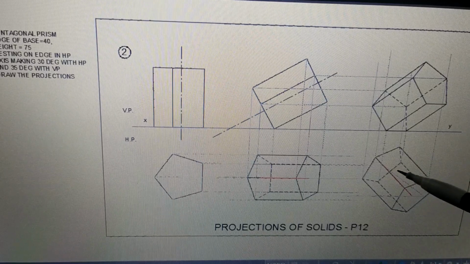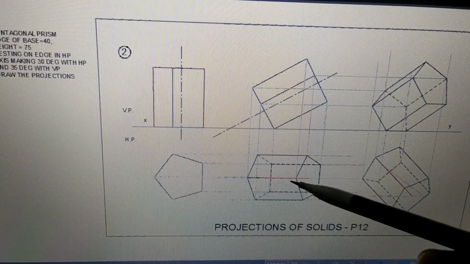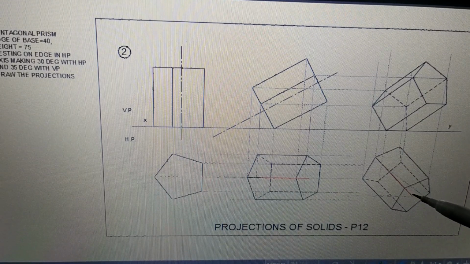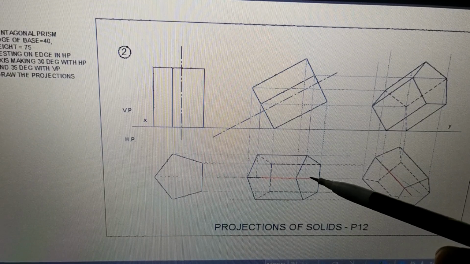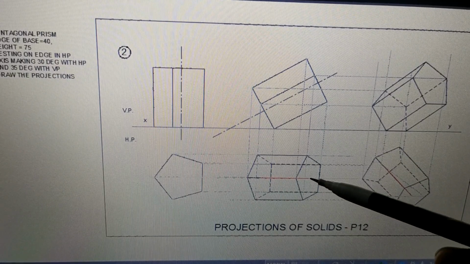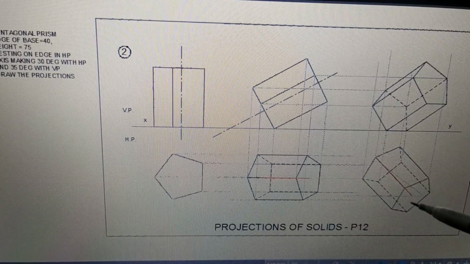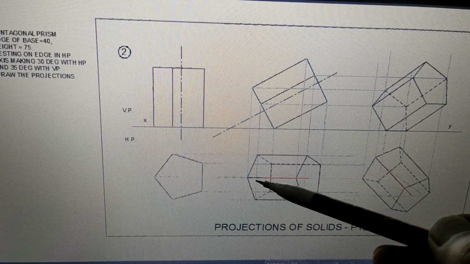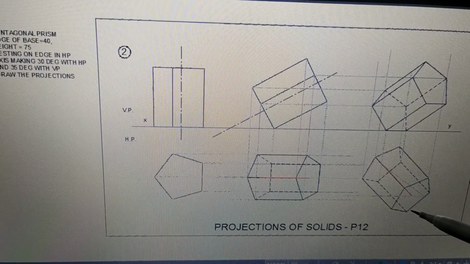This figure and this figure should be absolutely the same, with this red line, that is the apparent axis, becoming this apparent axis. How do you draw that? You have to mark the distance from this point, which is already there. So from this point, how much is this distance? How much is this distance? Accordingly, you have to draw. What is the distance of this point from this line? This is the distance. So from here you have to take this distance, and so on.